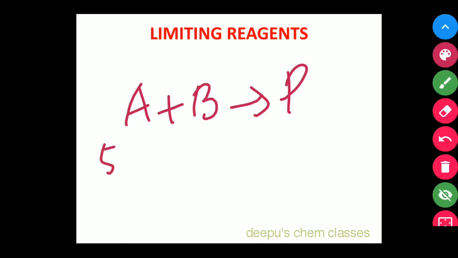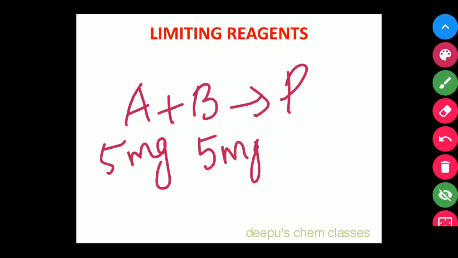Suppose you are taking 5 milligram of A, the same amount should be taken for B also, 5 milligram, because equal proportions